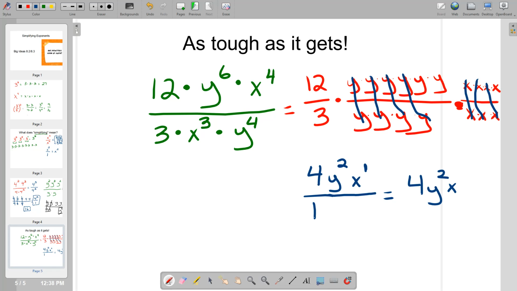That's really as tough as this section will get. Again, this right now is not a super real-world skill, but it will build into a real-world skill later in this unit